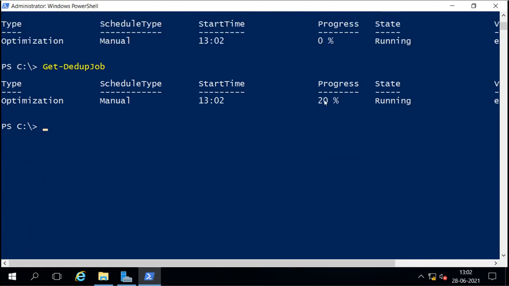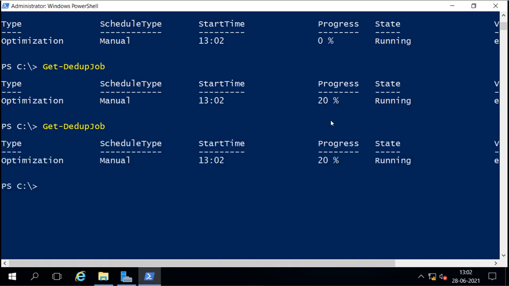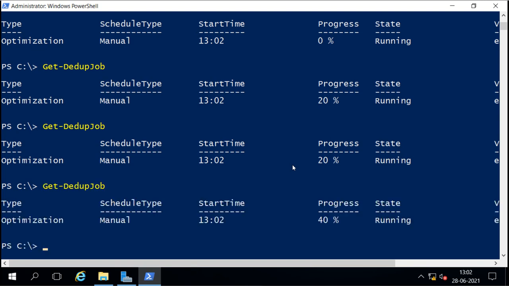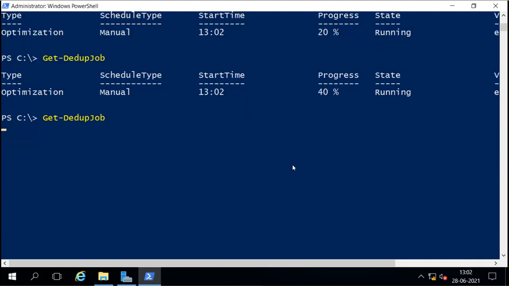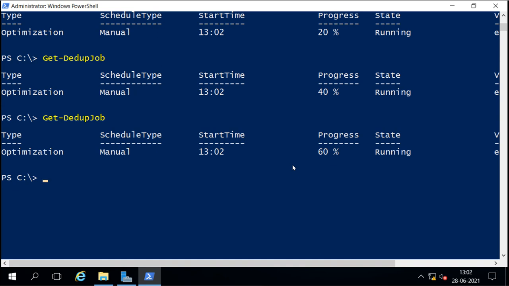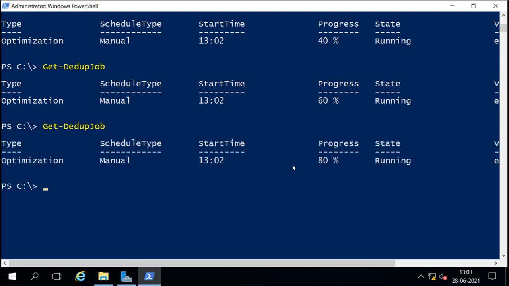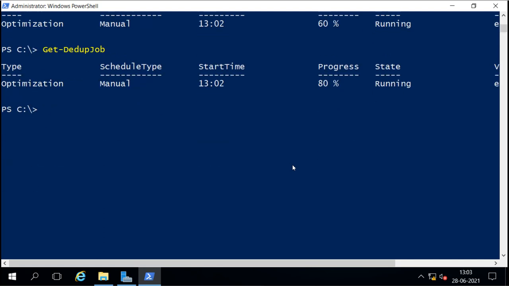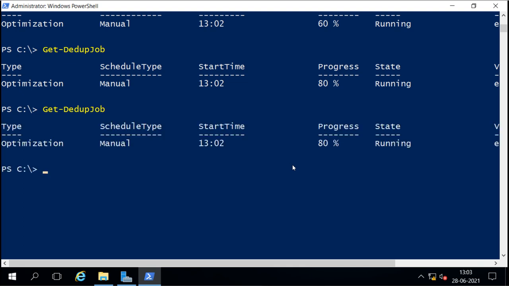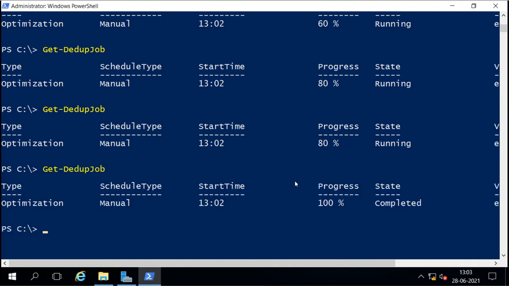Now it is 20%, still 20%, so it is running. 40% is done. 60% is done. 80% is done. 100%.